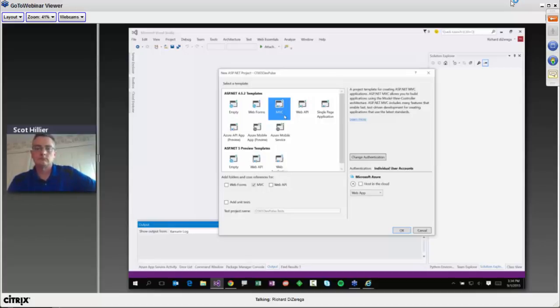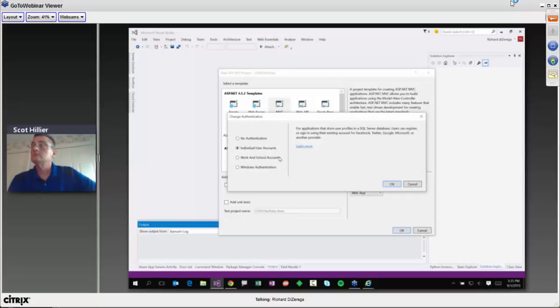But one of the great things that Visual Studio provides us is it actually has a little mechanism as you set up a web application to provide single sign-on to Azure Active Directory. And so there's a little link here that says change authentication. If you look at that here, I can go in here and I can actually configure this to use that Office 365 organization that I've set up when I created my developer tenant.